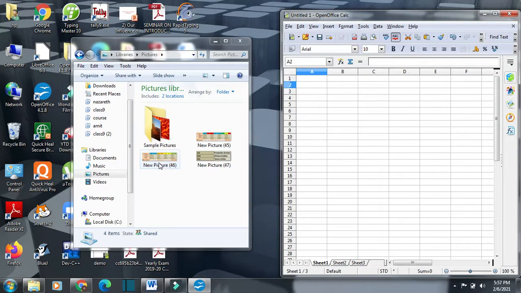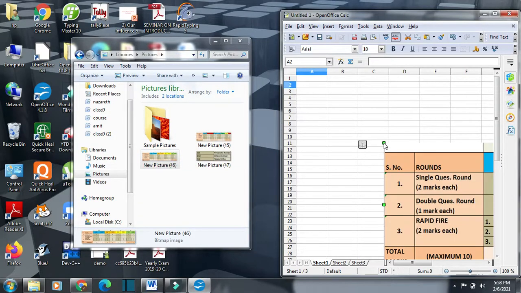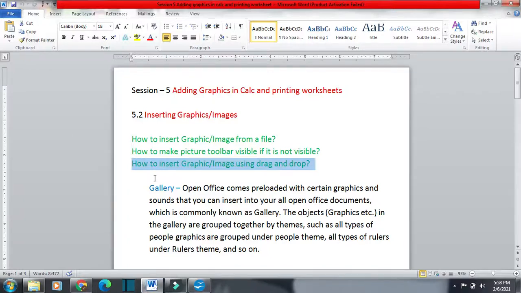So I will just drag this picture from here, and I will just drop this picture here, and this picture will get inserted. So this way we can insert a picture using the drag and drop option.